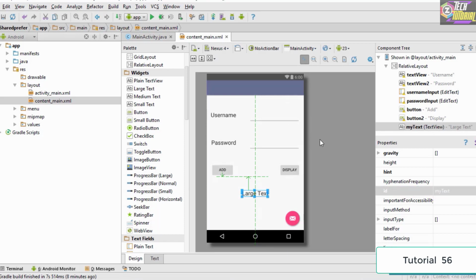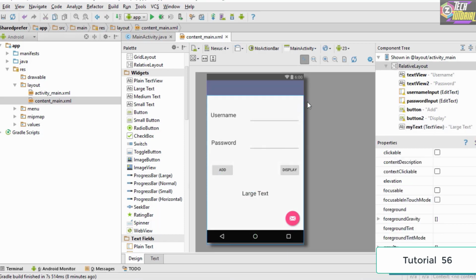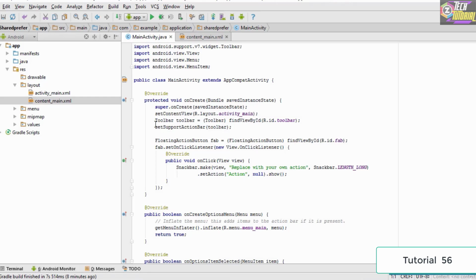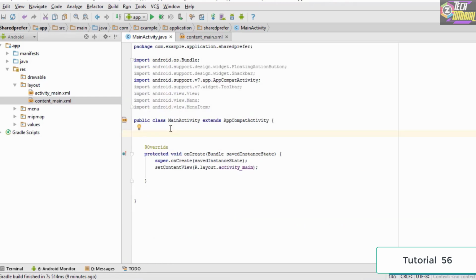So once we have assigned IDs to each and everything, the next thing which we need to do is that we need to reference them inside the Java code. So we switch on to this MainActivity.java, we clean up the code. So once we clean up the code, we go ahead and create references to each of the text views and